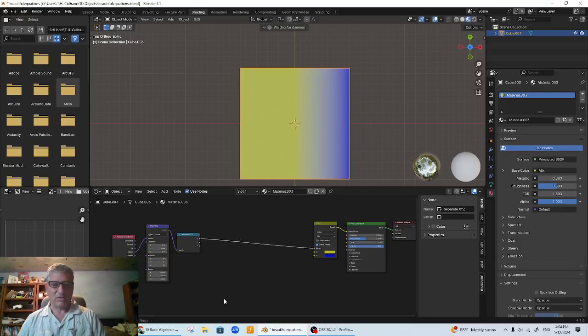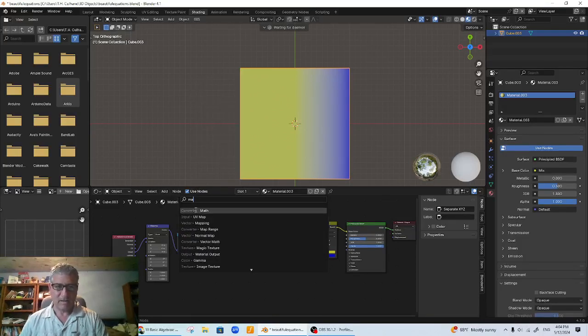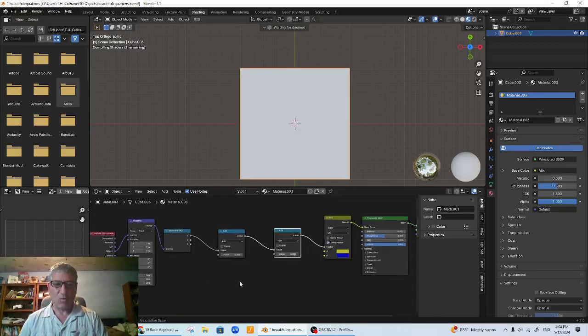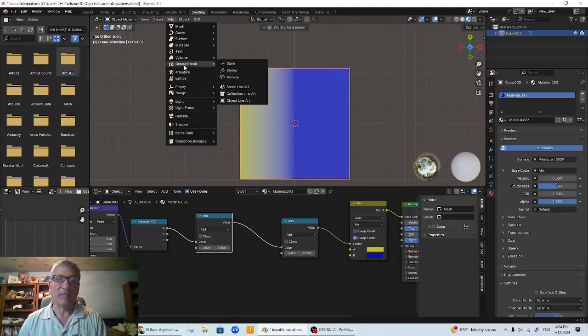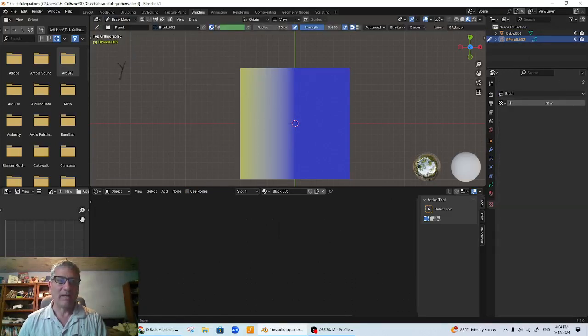Now we're going to do some math. So it's going to be y equals x. And so we're going to need two math nodes at least. So let's go math. And let's duplicate that math one. And y equals x is really, really simple, because if I write it out again, so always add a grease pencil, and then go to the draw mode and say y equals x, but you'd have to change it to 0 equals x